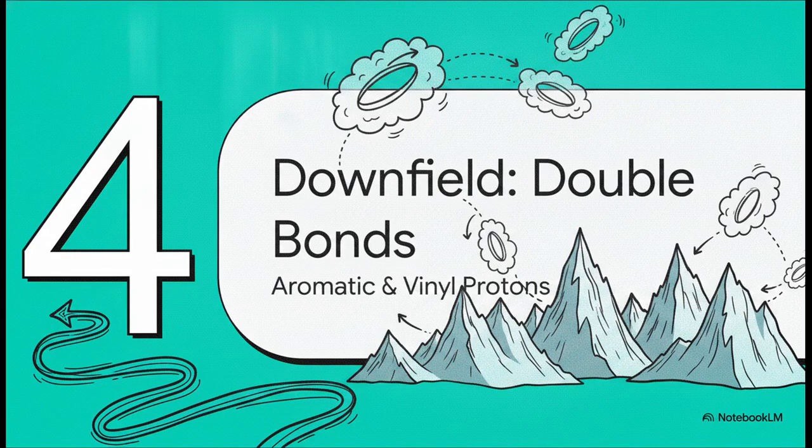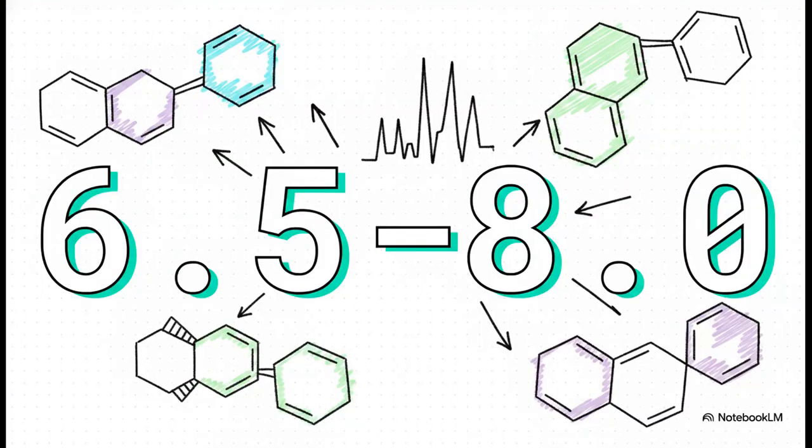Now we're crossing over into the wilderness, Section 4, downfield territory, dealing with double bonds and rings. Okay, if you take nothing else away, remember this. The 6.5 to 8.0 ppm range is a massive, massive clue. When you're surveying a chemical structure, this numerical range is essentially VIP parking reserved almost exclusively for highly deshielded hydrogens attached to aromatic rings. Seriously, very few other types of hydrogens ever show up in this territory. So, if you see a cluster of peaks here, you can almost guarantee a benzene ring is part of your